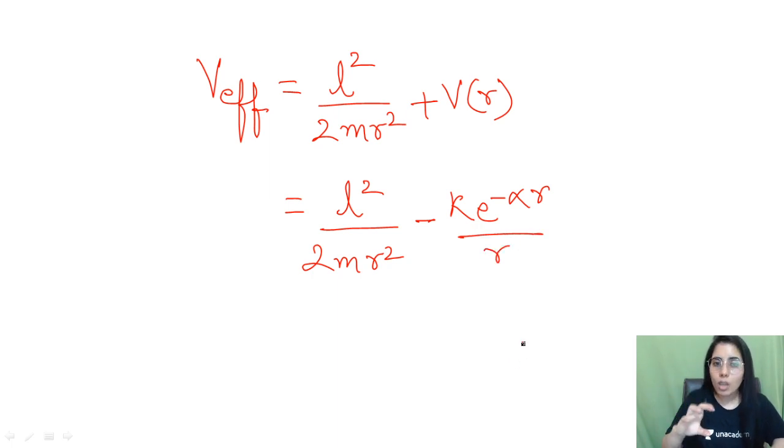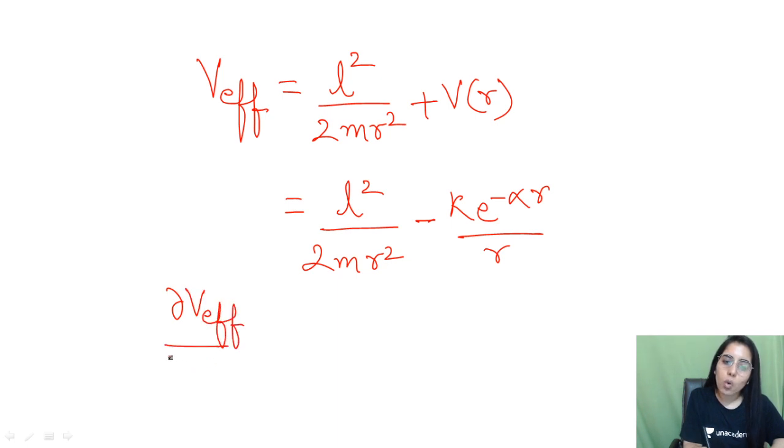Clear? Now, if we want to find the equilibrium point, we always use an equation, and what is that? That is the first order derivative of the potential will be what? 0. With respect to what you have to find it? With respect to r. This equation we make to find the equilibrium point.